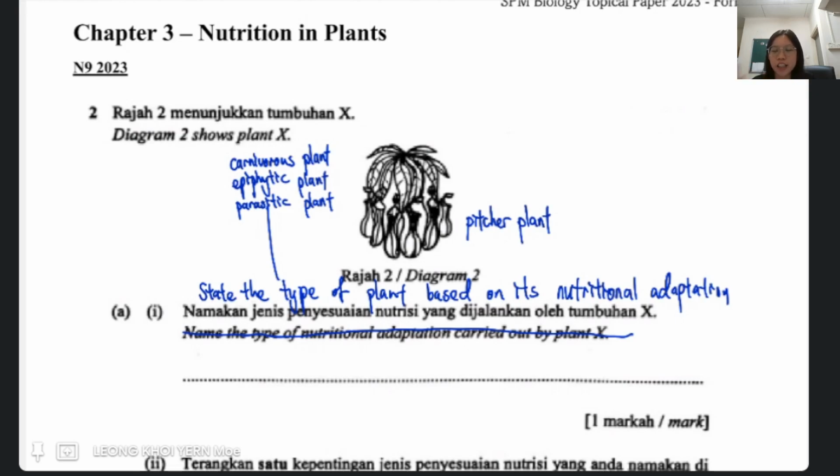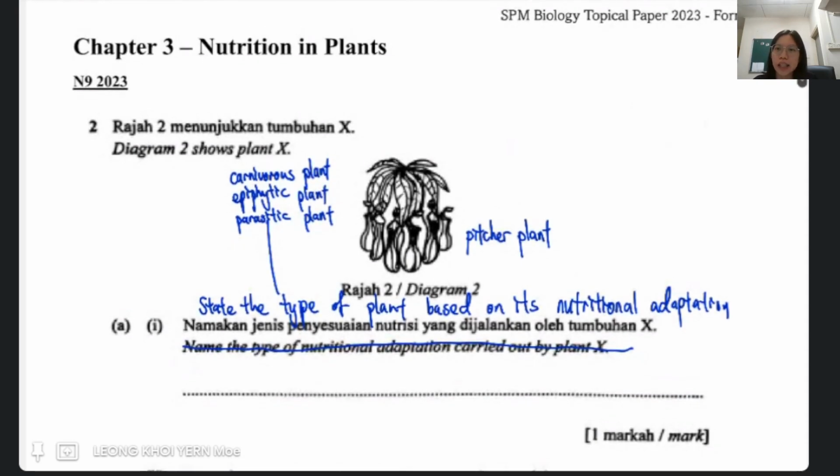So I actually rephrased it, because the way they ask the question is not really suitable for the answer. If you want to explain nutritional adaptation, you normally write that it has a cup with nectar that traps the prey inside. That's the nutritional adaptation. But this one is more suitable to be asked as the type of plant based on this special nutritional adaptation. So you guess